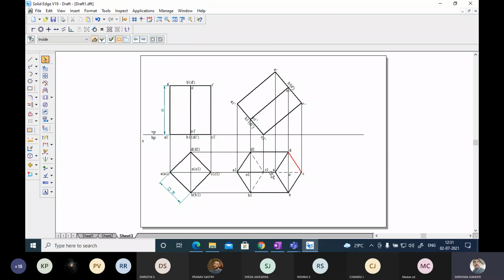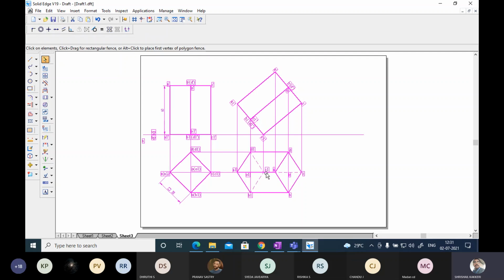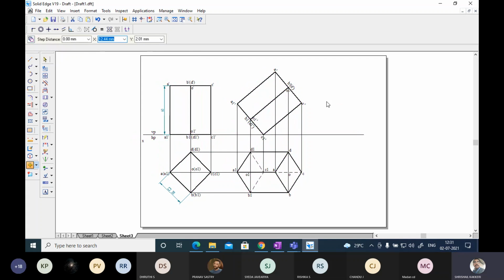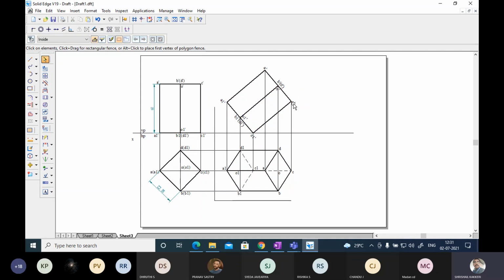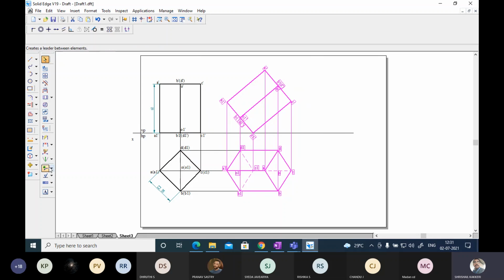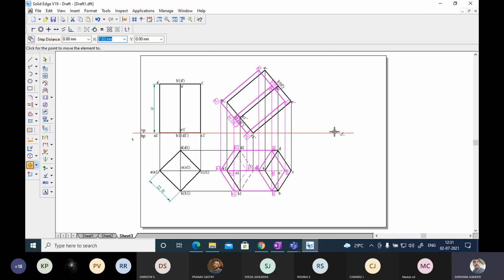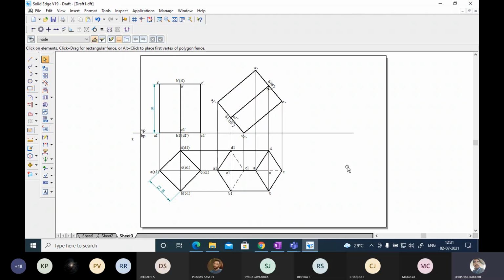Now next, you see, if you are not using it properly, sometimes the figure will be going outside. You have to be very, very careful. Now what I am doing is, hold Control A, and if you want, you can slightly move the whole object. This also, if you want to move, you can do it. Say move some length. Okay, I have moved. Now you have a lot of space here to do the work.